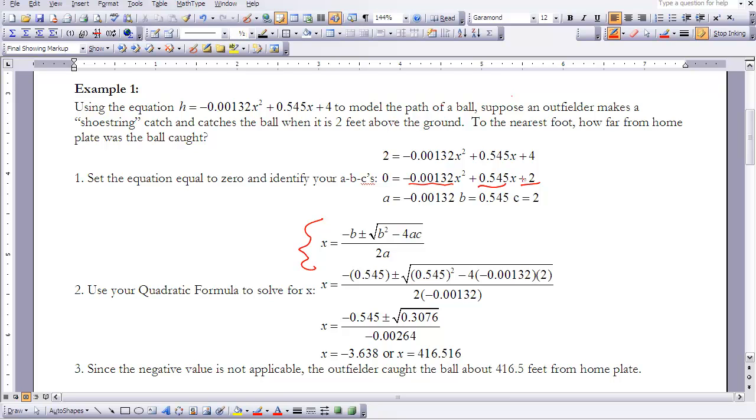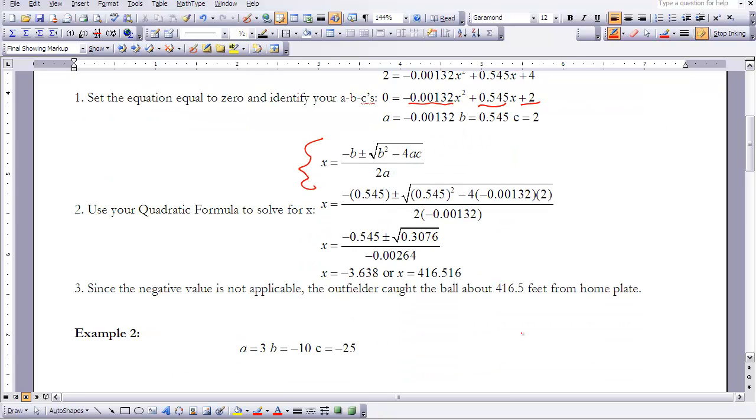So I'm going to put in my b, but I'm going to make it the opposite. I'm going to leave the plus or minus, inserting b squared minus 4 times my value for a times c, all over 2 times a. So when going through the process, I simplify under my radical and get 0.3076. So I have negative 0.545 plus or minus the square root of 0.3076. And when I multiply 2 times this value for a, I get negative 0.00264. And once I solve that on my calculator, I find that x is equal to negative 3.638 or